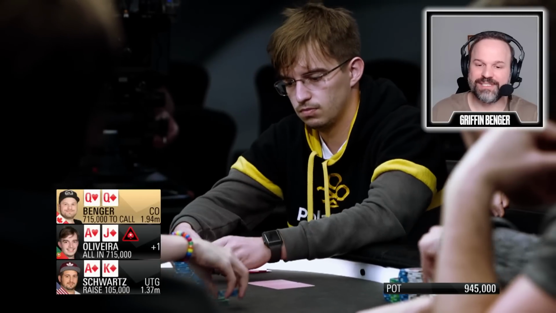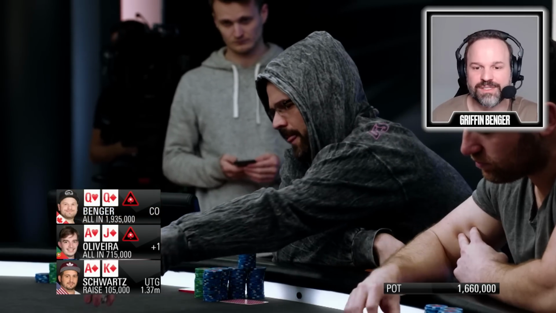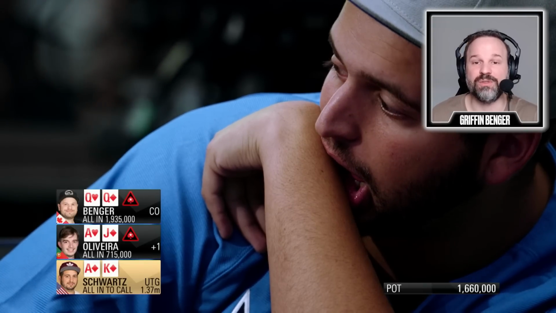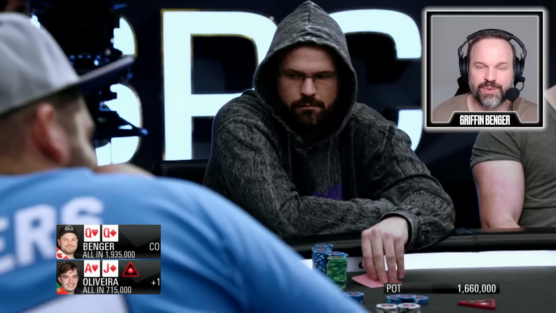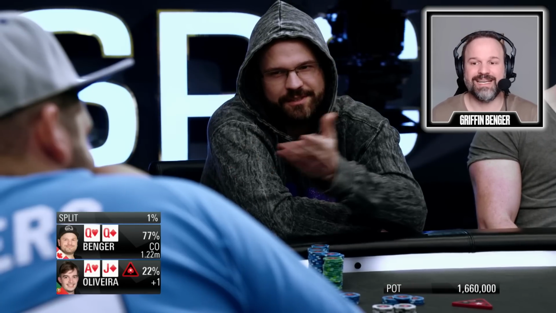So this is a great place to start, where I have these two queens facing a raise from another gun from Schwartz, an all-in from Oliveira for 715,000, and I'm sitting there with the queens with almost 2 million chips. Now, you might be looking at this hand and thinking, okay, well, this is a three-way all-in, not much range breakdown to do here. Well, that's actually not the case, because this is a great example of Schwartz taking a